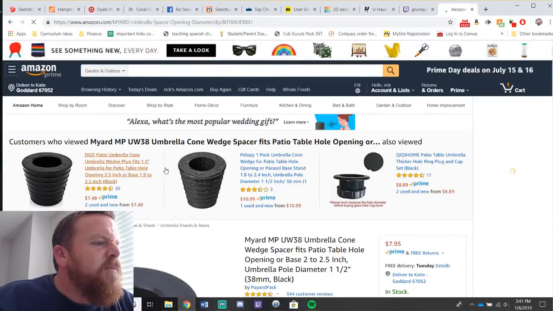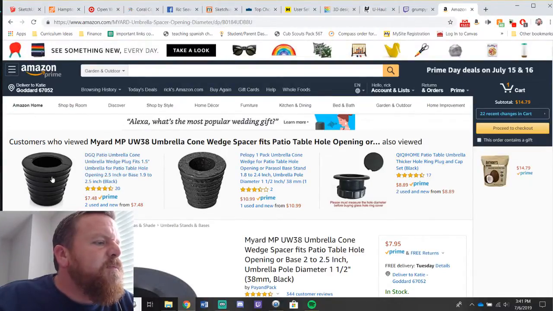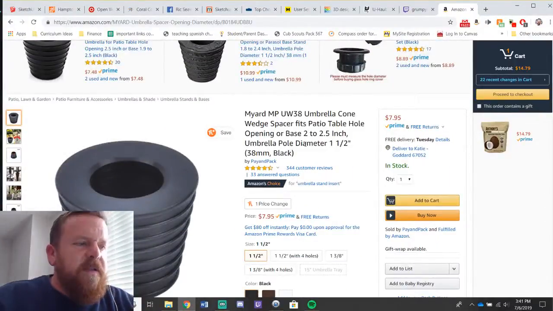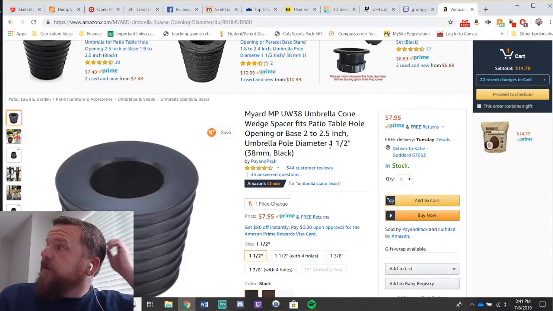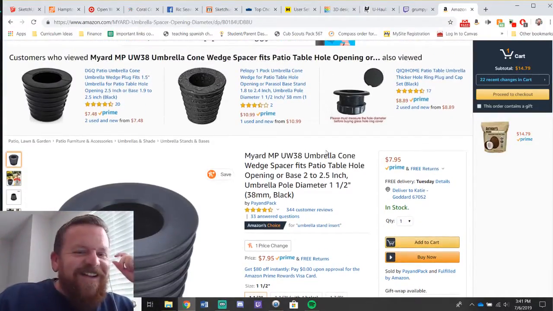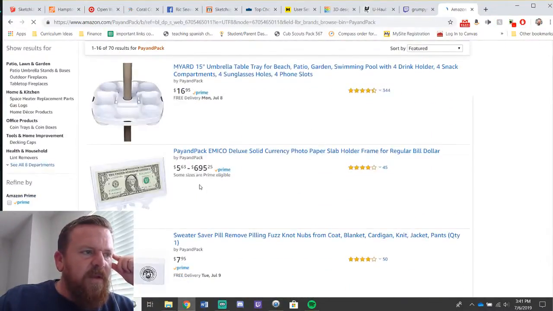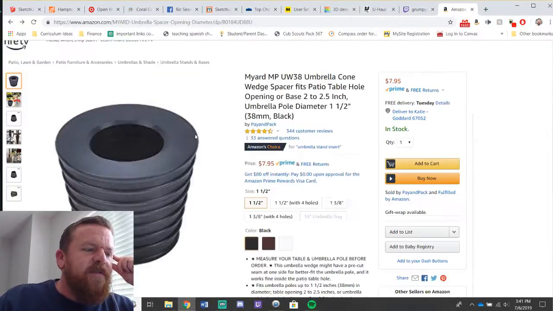Umbrella cone wedge. Oh. Okay, so there's a 1.5 inch for some umbrellas, but then the hole opening is 2.5 inch. Okay, so this is an adapter for the smaller diameter. This is an adapter to take the smaller one, the 1.5, up to a 2 to 2.5 inch. Alright, so let's say 2 inches.